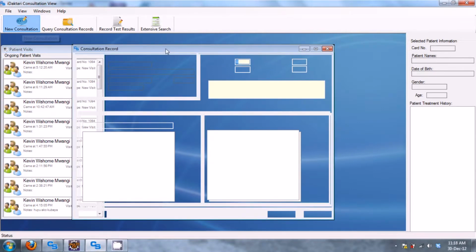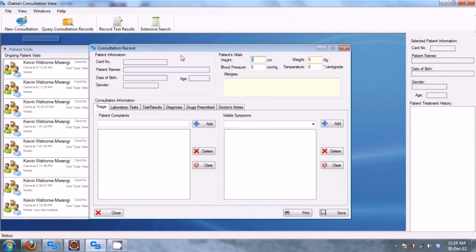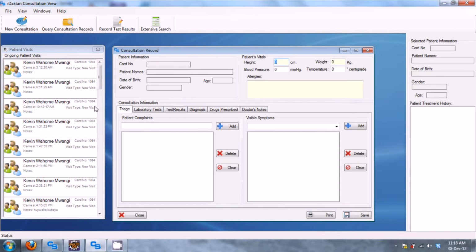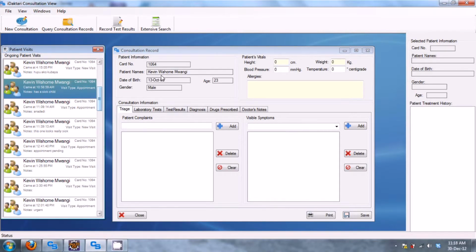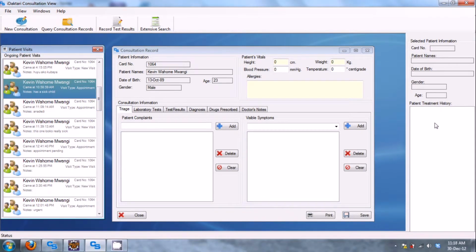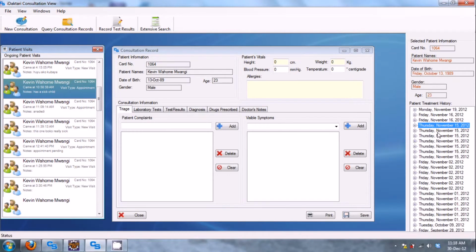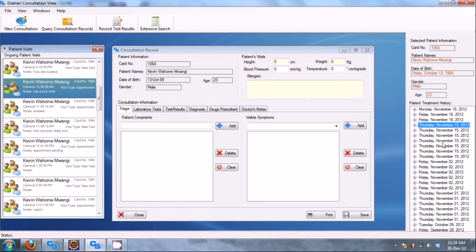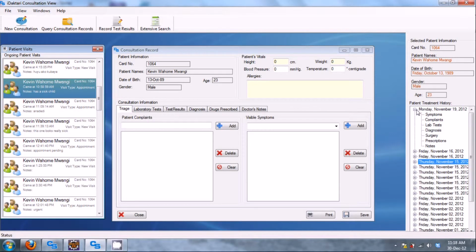And you can see they can start a new consultation record for the patient. Let's say I want to start one for Kevin Ohome. I can also see the patient history for Kevin Ohome on this side. So Kevin Ohome has been here frequently. So the most recent, let's say, is November 19th, and I can just see what the doctor can actually see